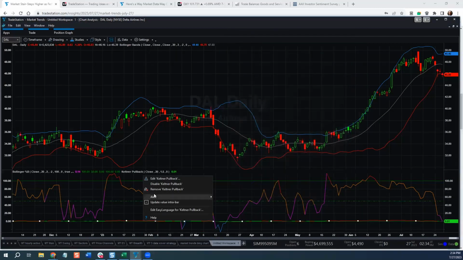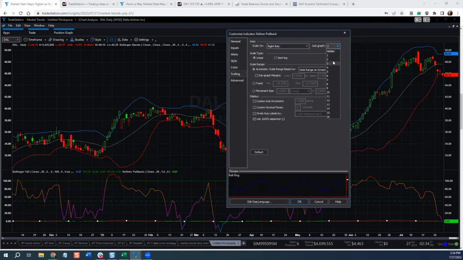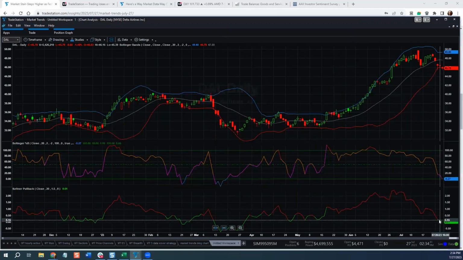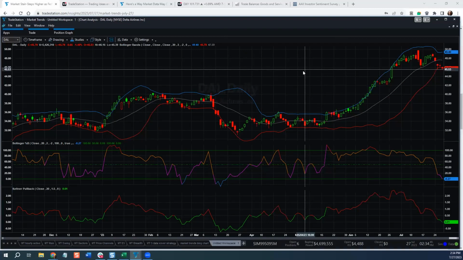I'm going to edit this. If you don't notice, it popped up in the same study. I clicked on it, and I'm going to go to scaling and change it to subgraph 3. And you can also see in this case that this is down to what would now be considered an oversold level on American Airlines. So you can also